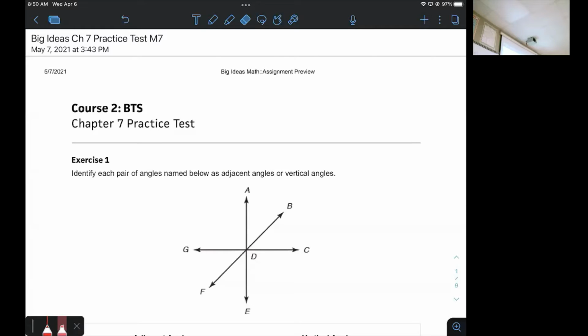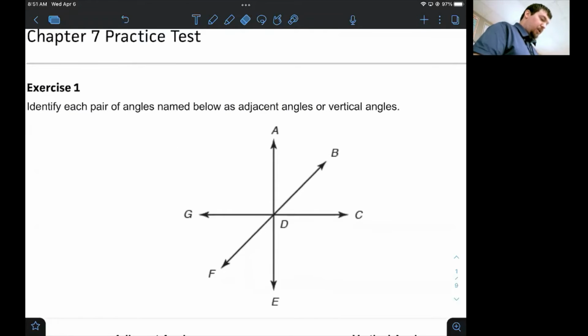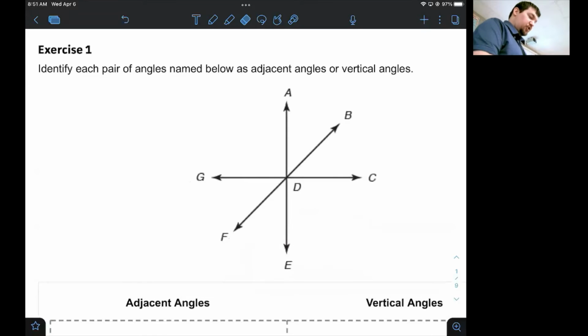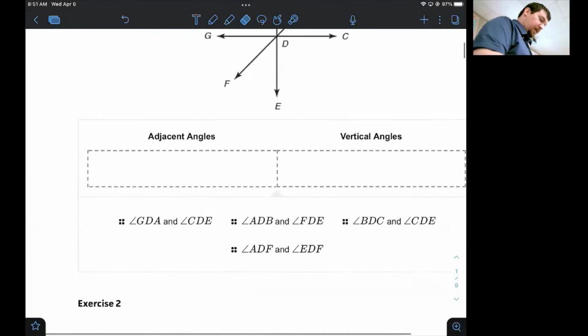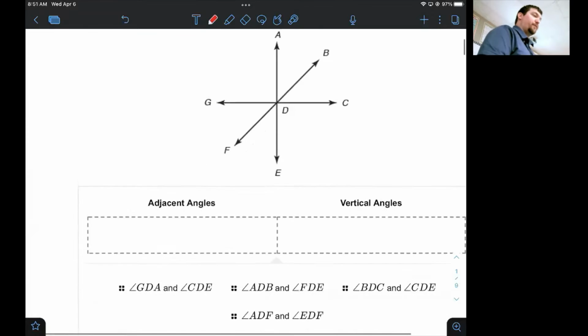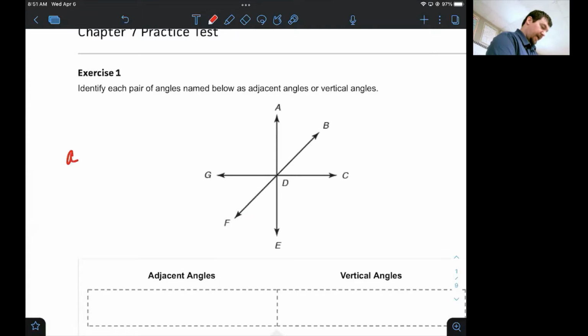All right, so go ahead and put number one. Number one on the practice test says, identify each pair of angles named below as either adjacent or vertical angles. There are 4 angles. So what we're going to do for number one is you're going to put A, B,